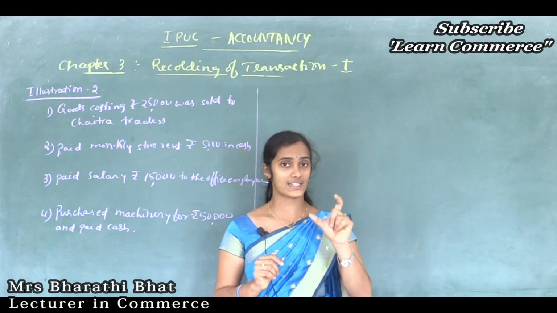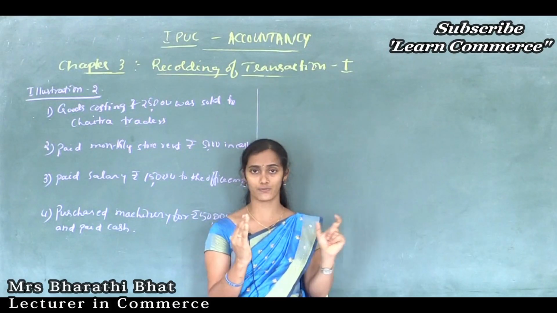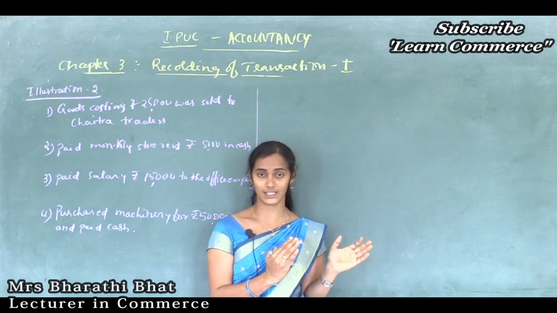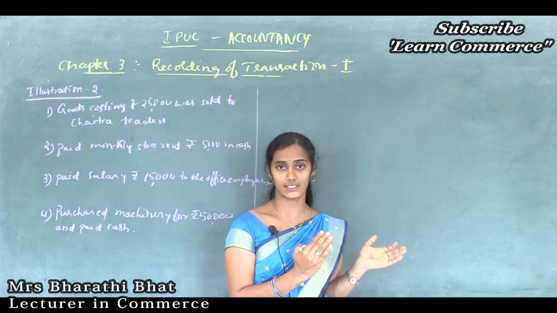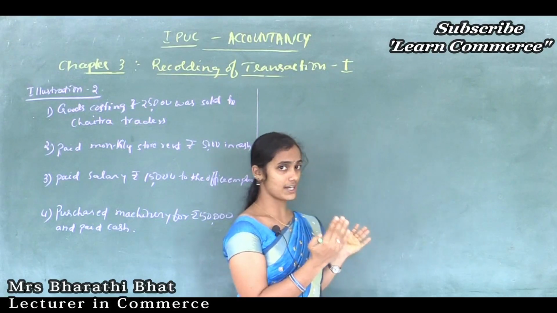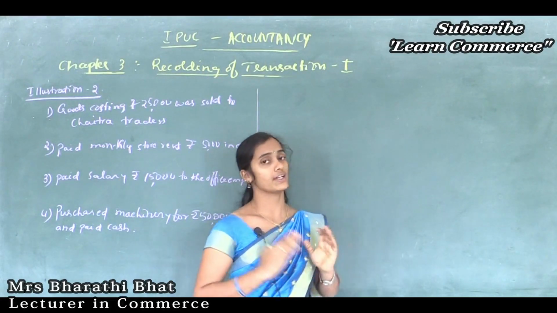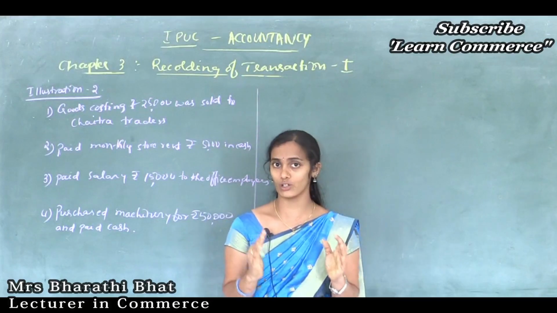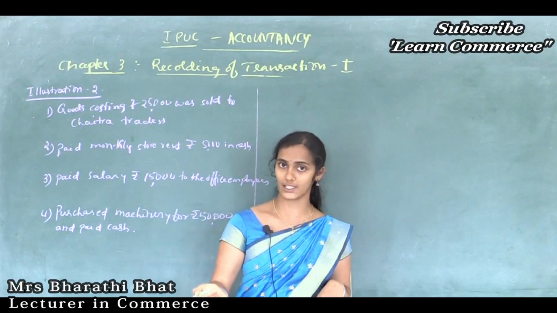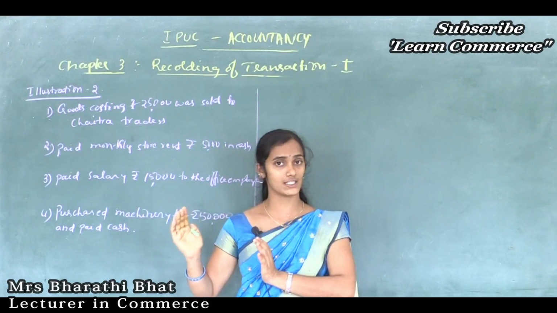So if goods are purchased on credit, then the person who came, that person's name is creditor. And when goods are sold on credit to some other organization, that person is called a